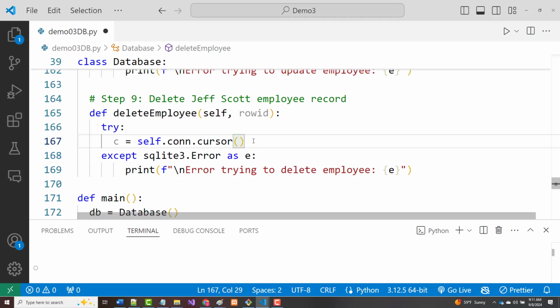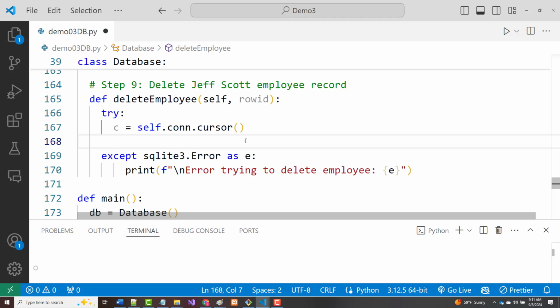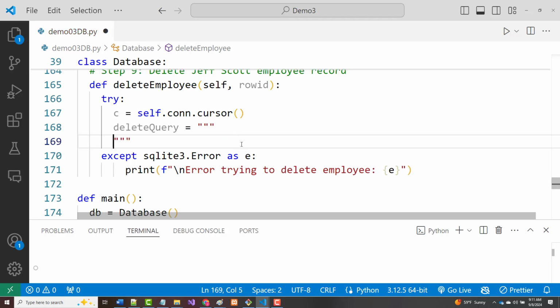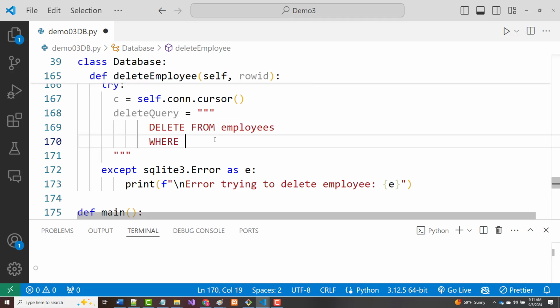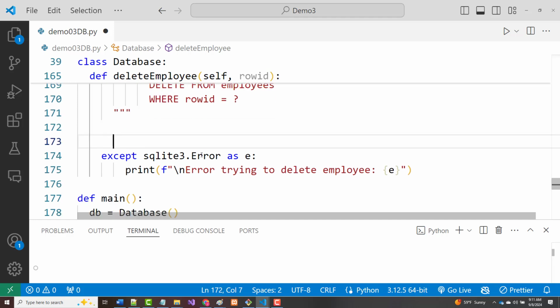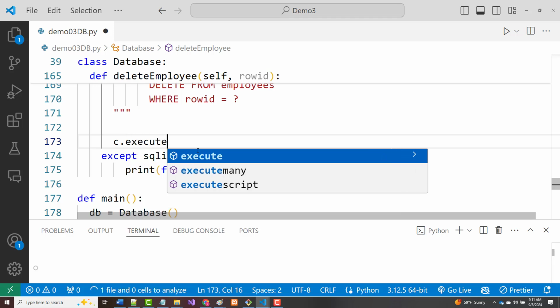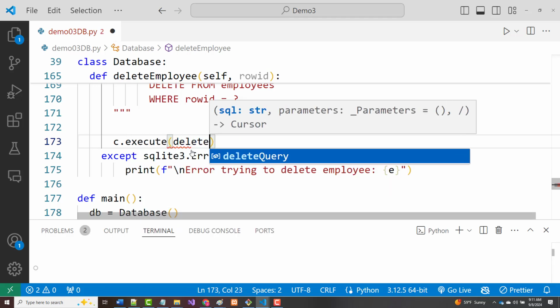All right, so we've got our cursor. Let's go in and let's write our query. So we'll call this delete query equals, let's put in a doc string. Again, we don't have to, but I like doing it like this. To me, it makes it so much easier to read what's going on. So I'm going to say delete from employees where row ID equals question mark. Okay, then we're going to execute. And that's our delete query